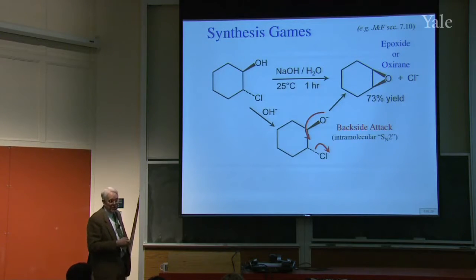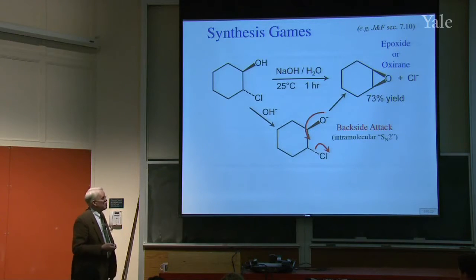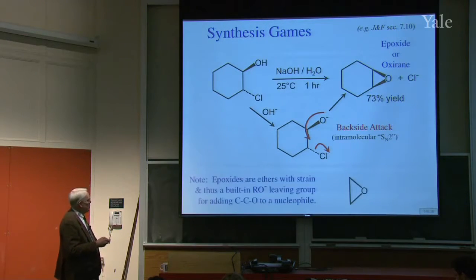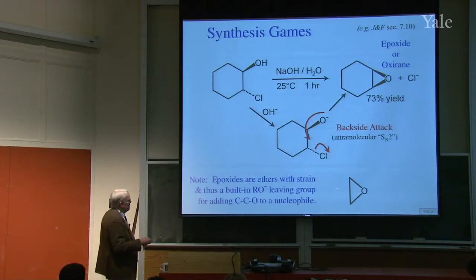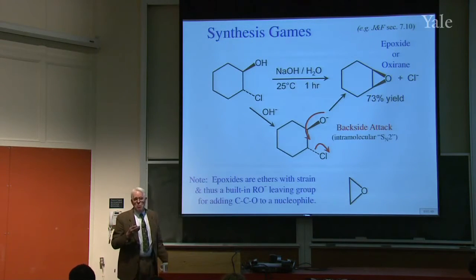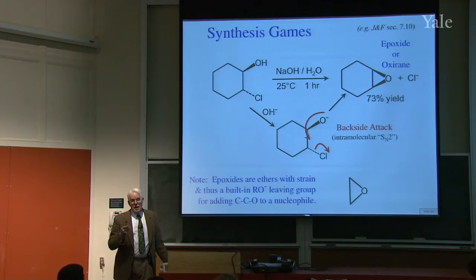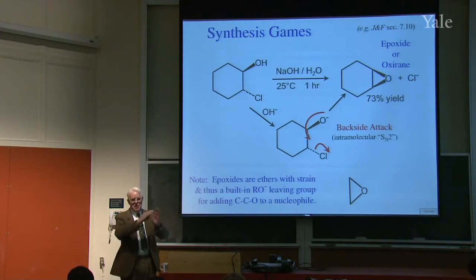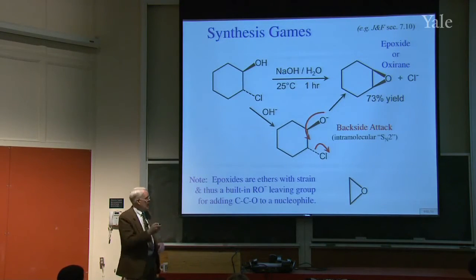The three-membered ether is called sometimes epoxide, sometimes oxirane. Some people call it one, some call it the other. And in fact, epoxides are very useful synthetic intermediates because although RO minus is a crummy leaving group, in this case, it's helped by losing the ring strain. So it's spring-loaded to open up, right? So you can